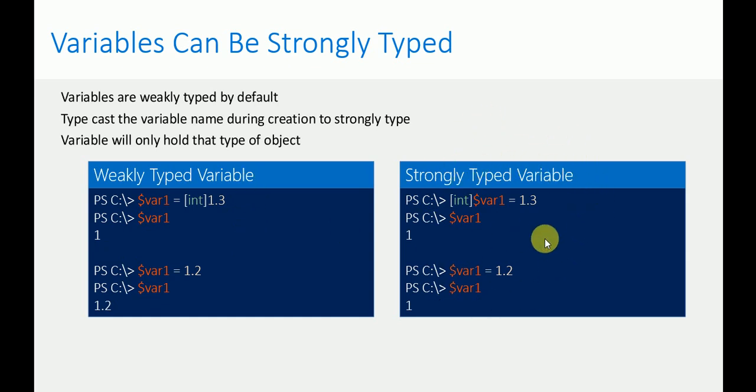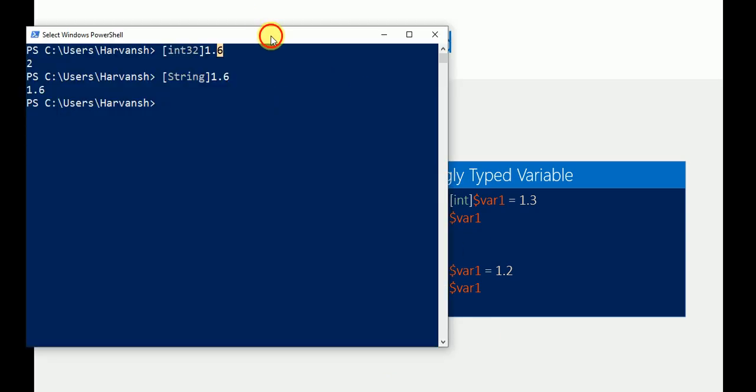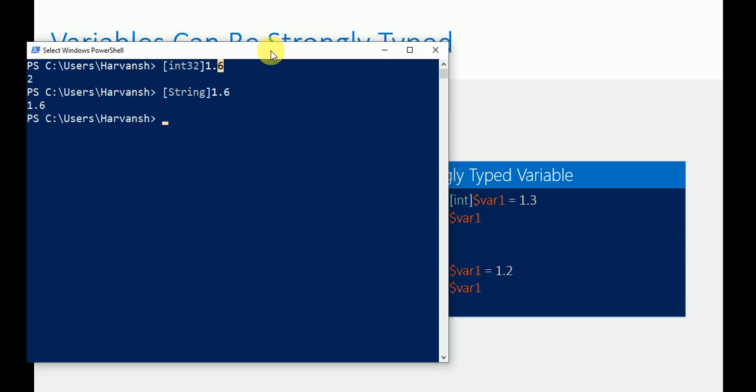Whenever you are defining the value, what should be stored in your variable, what type of data it is, whether an int or a string, you specify it before the variable name, instead of defining it in the value. Both will give you the same value, but the way you use it will define whether it is strong or weak.